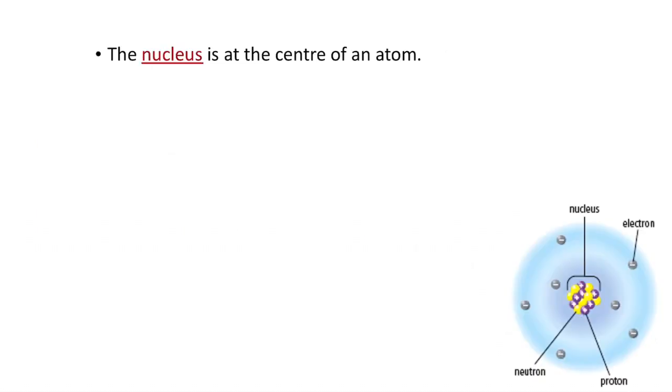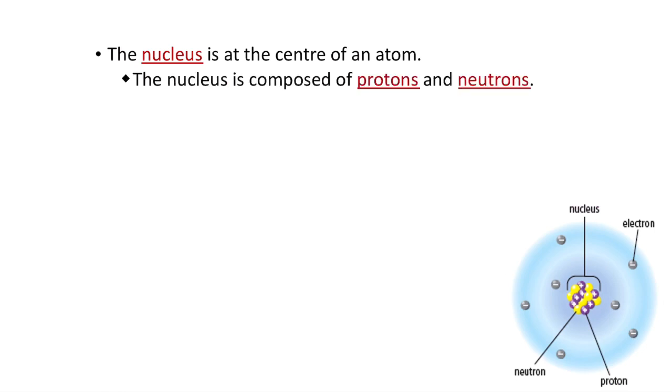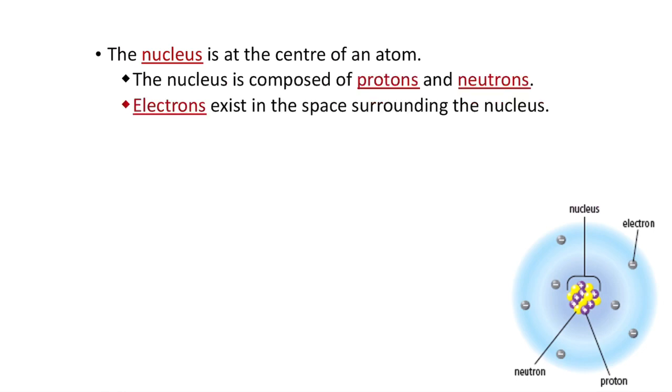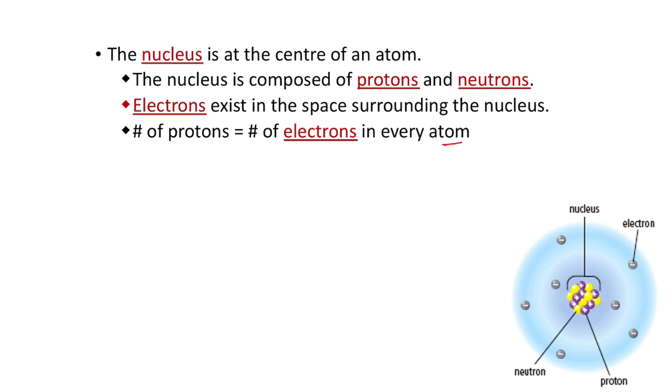Okay, so the nucleus is at the center of the atom. The nucleus is composed of protons and neutrons. Electrons exist in the space surrounding the nucleus. The number of protons equals the number of electrons in every atom. So this is the key word here. It's not an atom. This is not true. So protons do not always equal number of electrons. Think back to ions in Science 9. But if it's an atom, then it is all the time. So protons cannot equal electrons in an ion, but they will always equal each other if you're referring to an